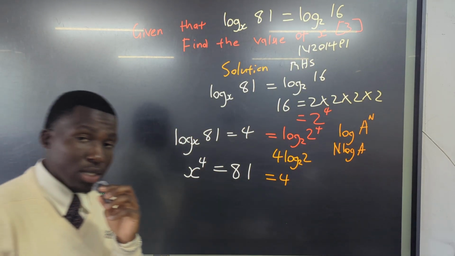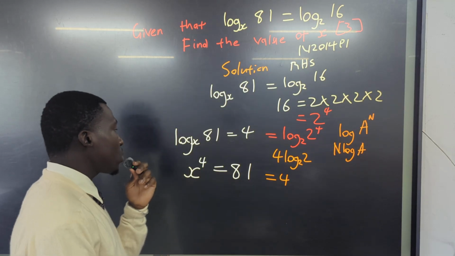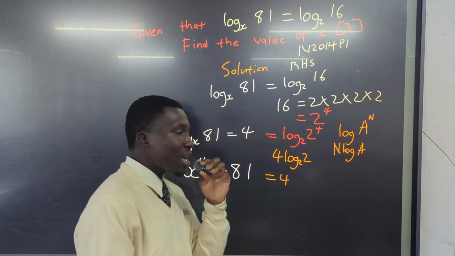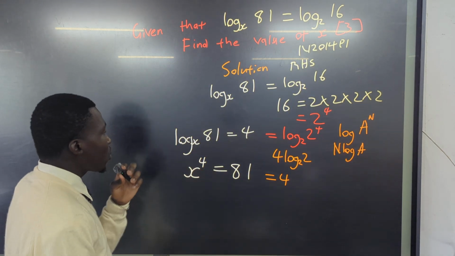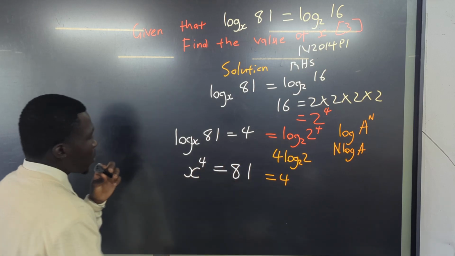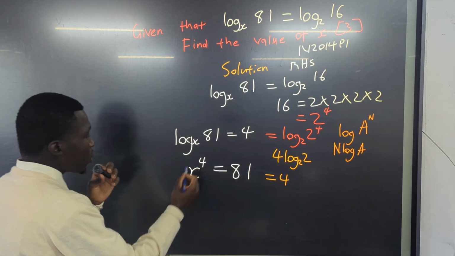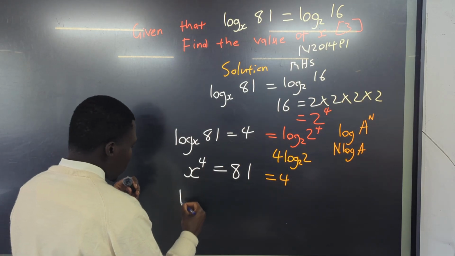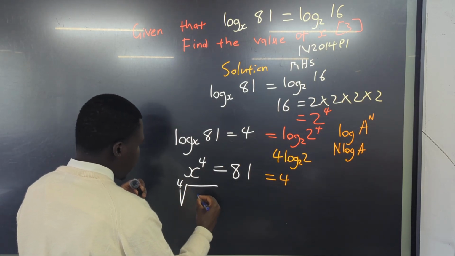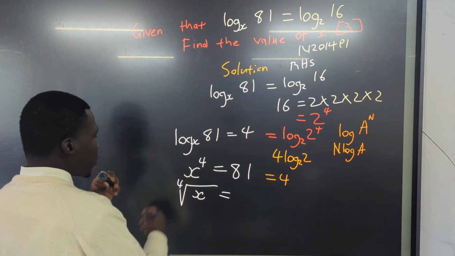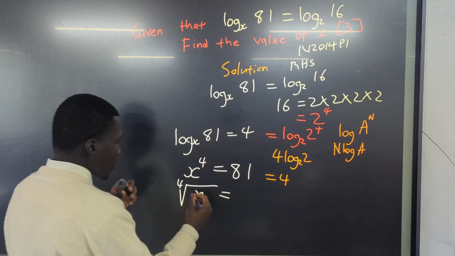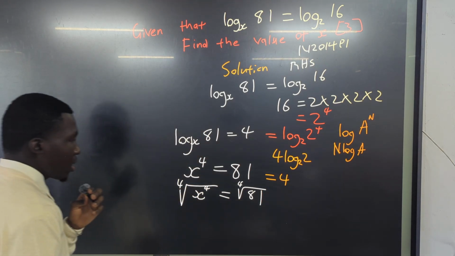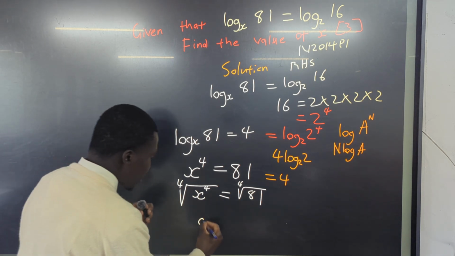This is derived from our first lesson, when we discussed what a logarithm is. A logarithm is a way of writing a number in terms of a power. So x to the power of 4 is equal to 81. So how do we remove the power 4? We introduce the fourth root, and this gets rid of the power 4, and also on the 81. So we find out that x is equal to